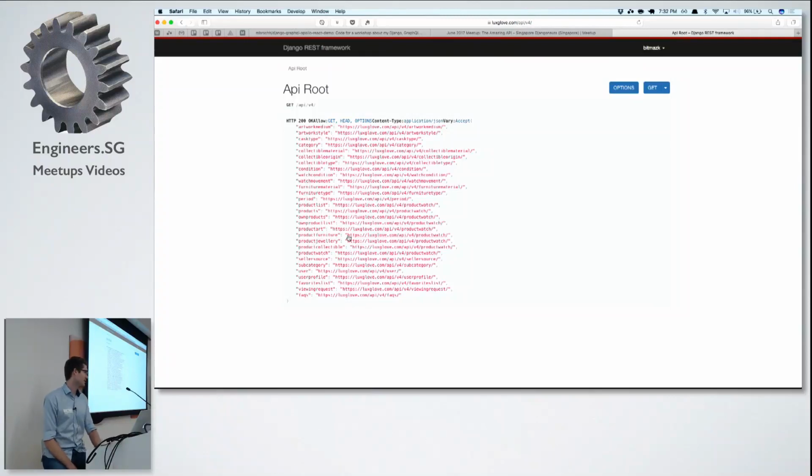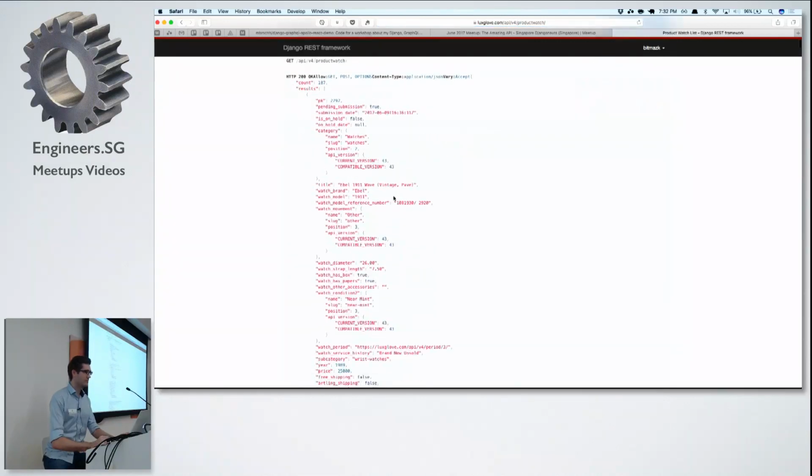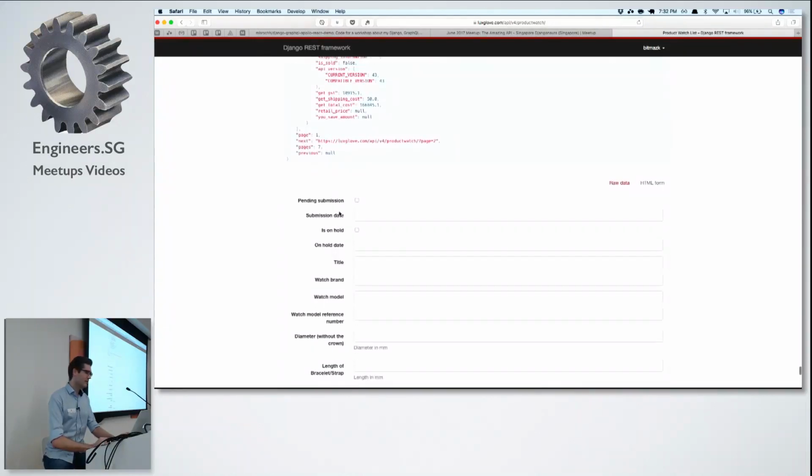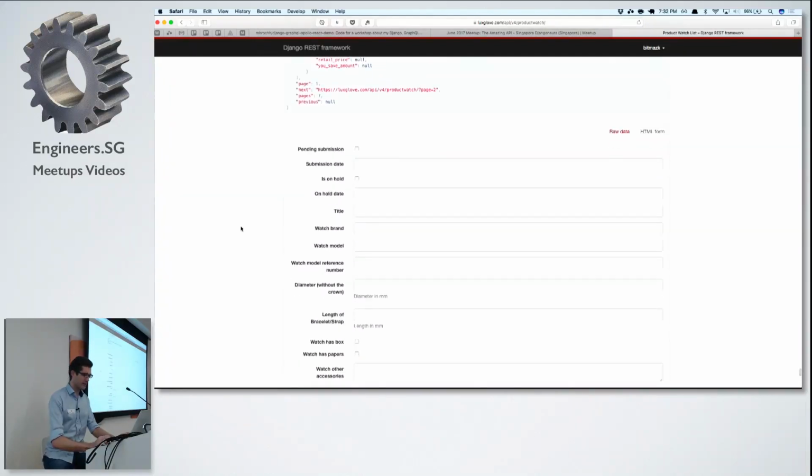I was pretty bad at making sure that all my endpoints are actually documented. So you would have to click into it. Sometimes these even crash if you're not logged in, or they load very long because they are loading 10,000 products and it crashes the browser. And then this is how you could see what kind of fields you can post and how the